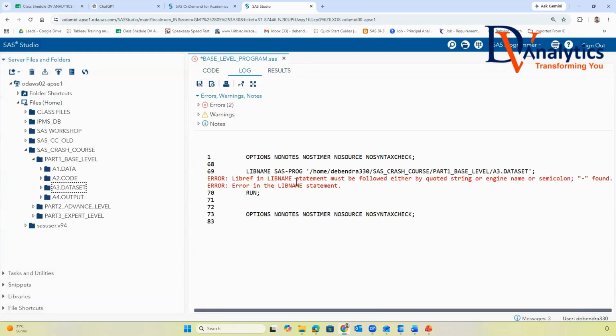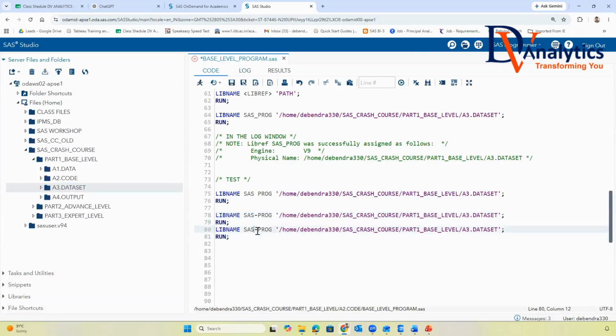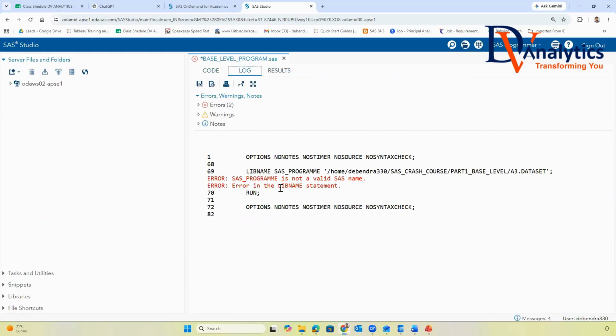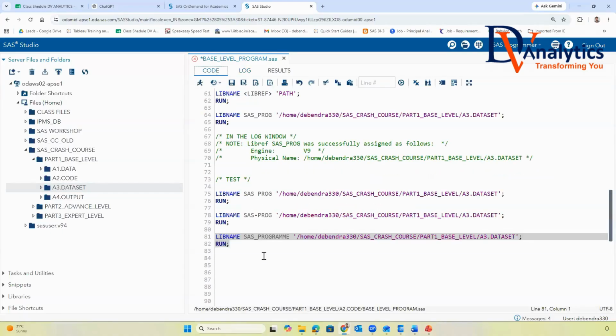No, sir, it's not going to be. Now, if I say SAS underscore program, can it be? It is also not going to be. The reason is that it is more than 8 characters long. It says SAS program is not a valid SAS name because it is more than 8 characters long.